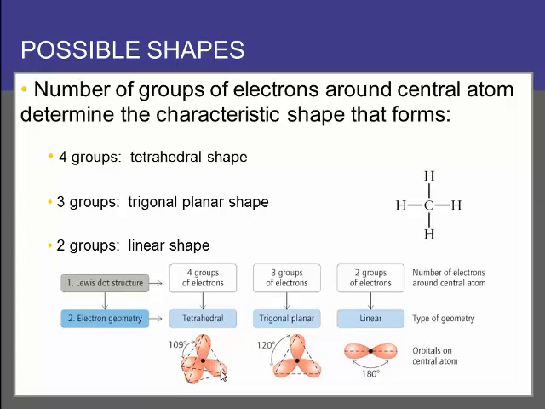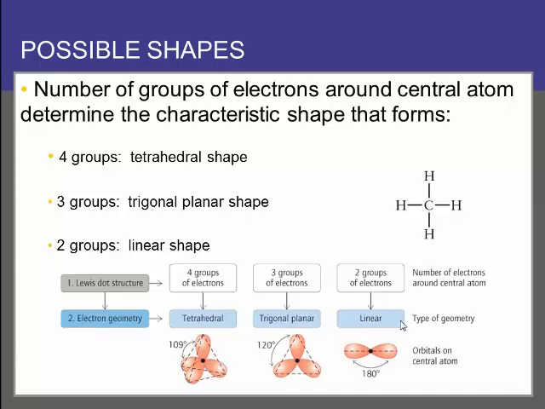So there's 109 degrees of angle here, and it adopts sort of a tetrahedral shape where these 3 lobes or groups are pointed down towards the floor or the table or the work surface, and this lobe is pointed directly up, straight vertical. If we have only 3 groups, that leads us to a trigonal planar shape,